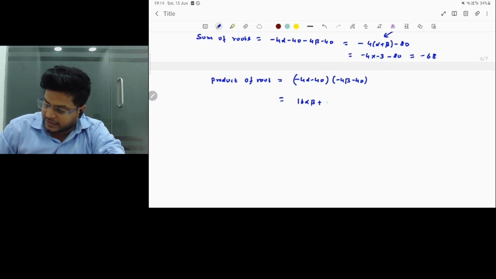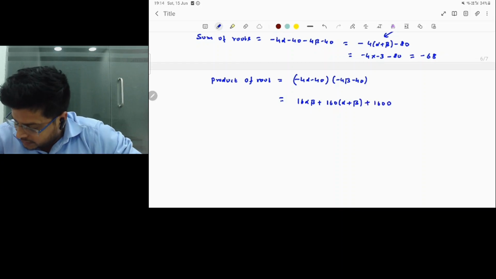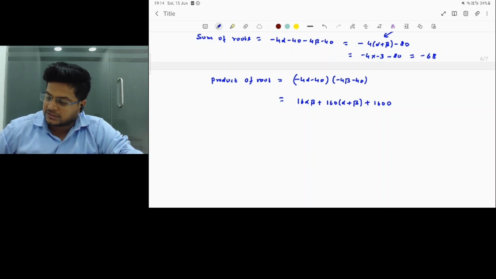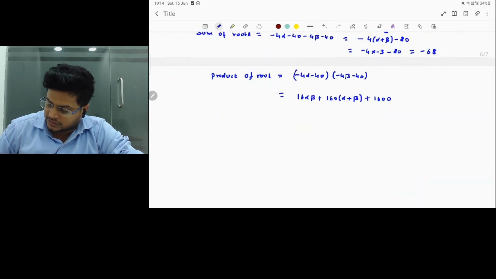You will be getting 160 times alpha plus beta, and then you'll be getting 1600. Hope I am correct. 4 alpha into 40 will get 160. So then again, simple thing. What is alpha into beta? Again, from here alpha into beta is 5. So you can just feed the value 16 into 5 plus